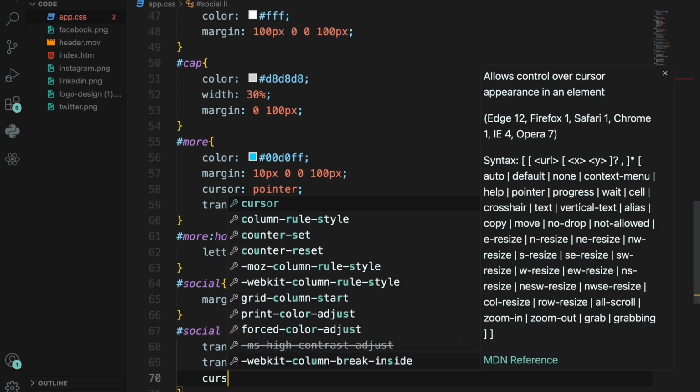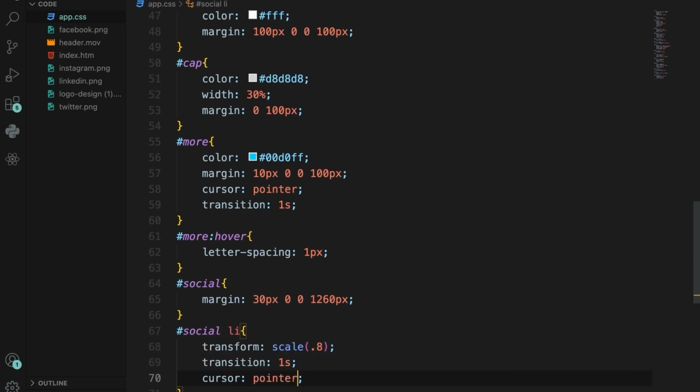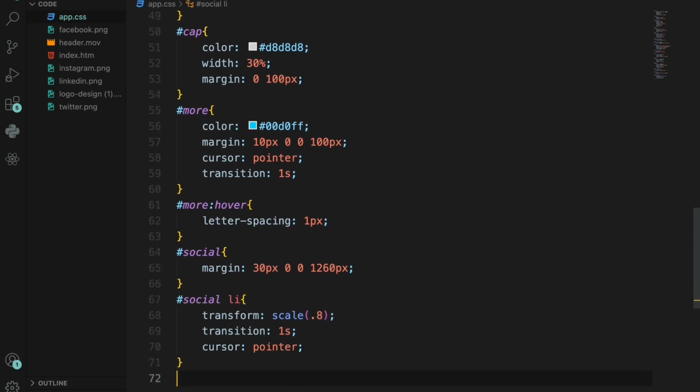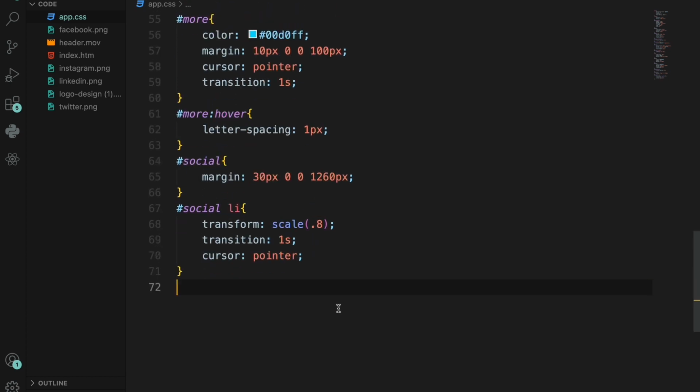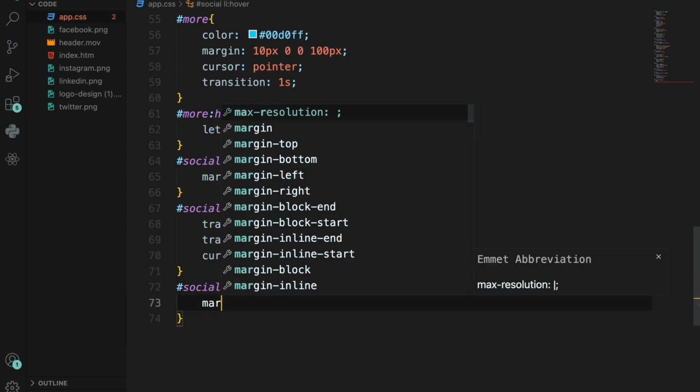Yes, and cursor pointer. And for social li hover, we need margin right